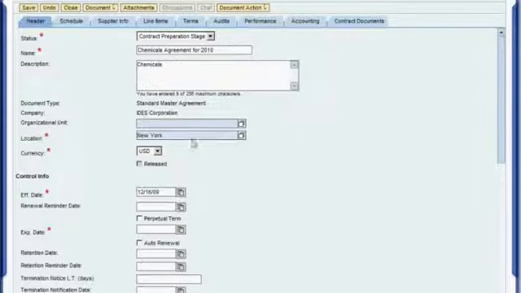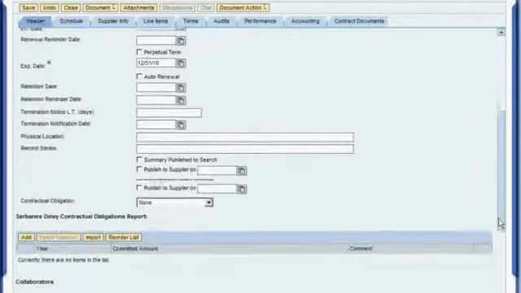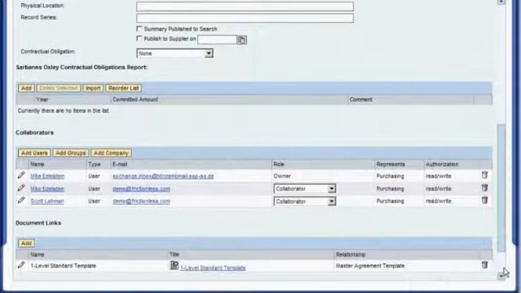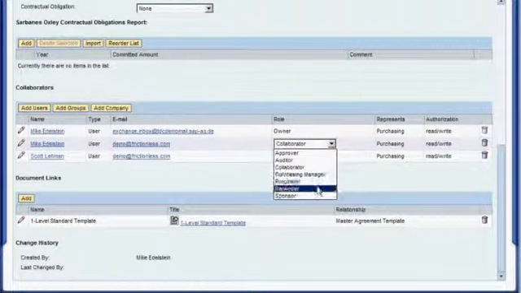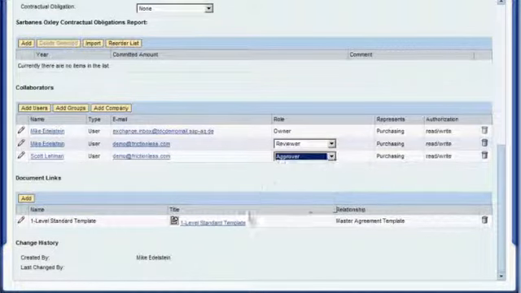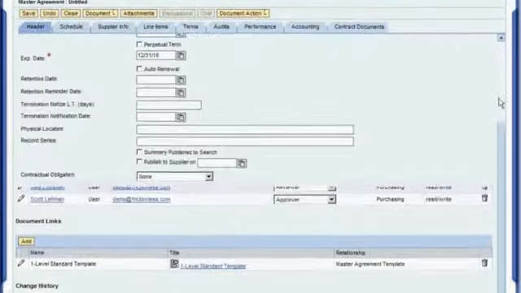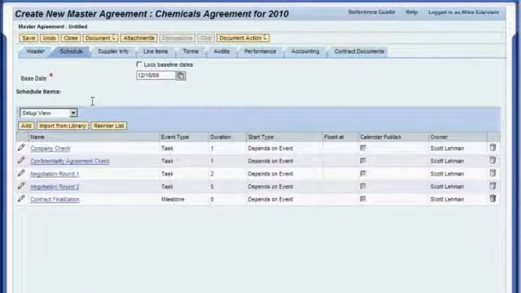The Header tab lets me enter data, such as the contract name and expiration date. The tab includes details such as Sarbanes-Oxley obligations and a collaborators area for reviewers and approvers. In addition, the Document Links area provides perpetual relationship management between this agreement and related documents such as projects, RFPs, sub-agreements, and other agreements. The Schedule tab helps standardize the contract process by letting me create tasks associated with this